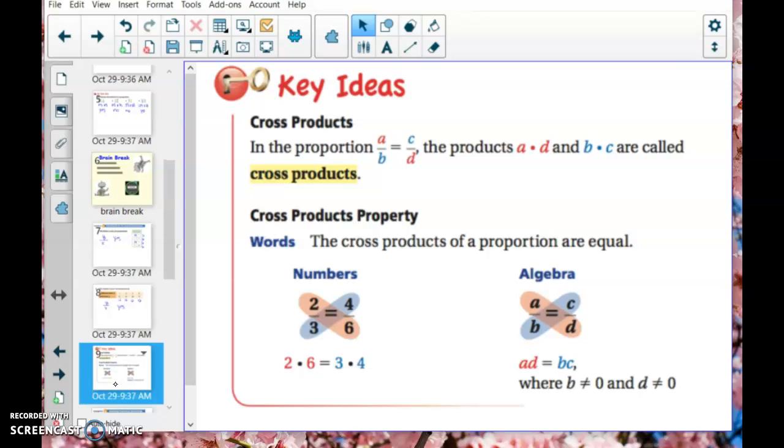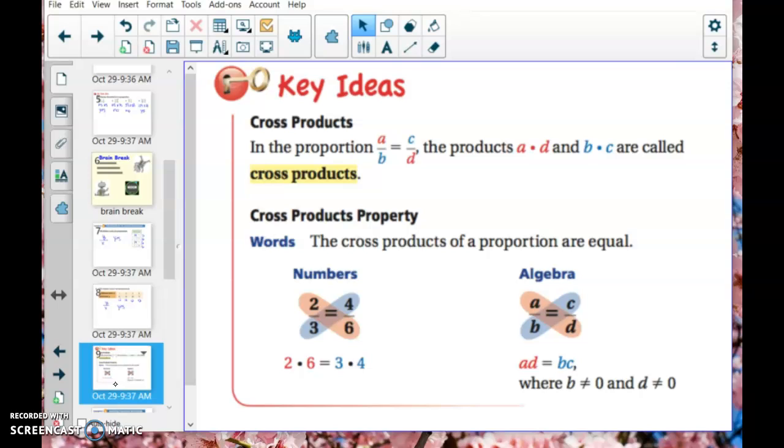Another way that you can see whether proportions are proportional or not is to use this method called cross products. And I actually like this method because some of the times I can do it in my head. So for example, if I multiply 2 times 6, that equals 12, and if I multiply 4 times 3, that also equals 12. So because they equal the same thing on each side, that means that they would be proportional